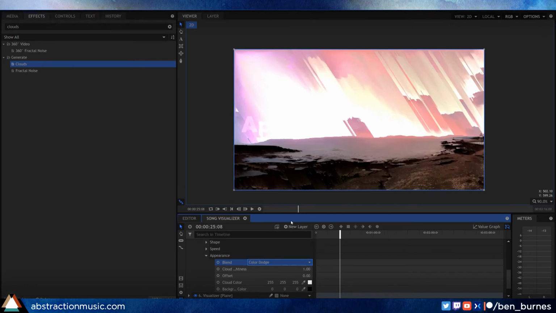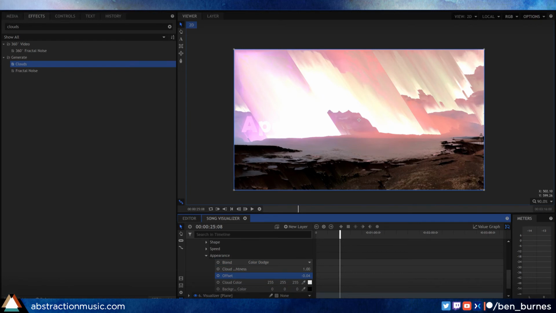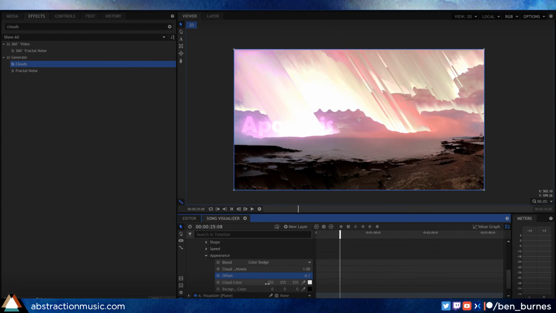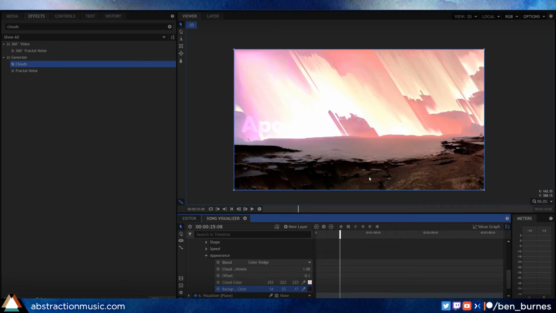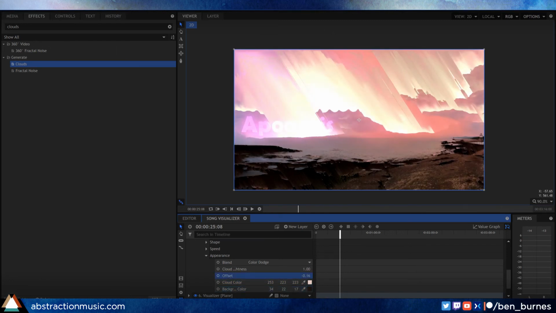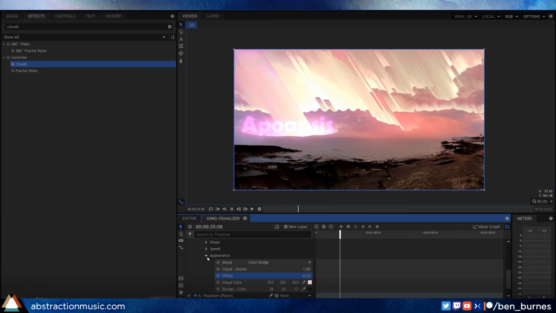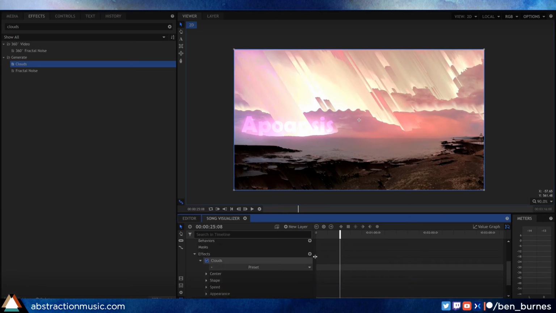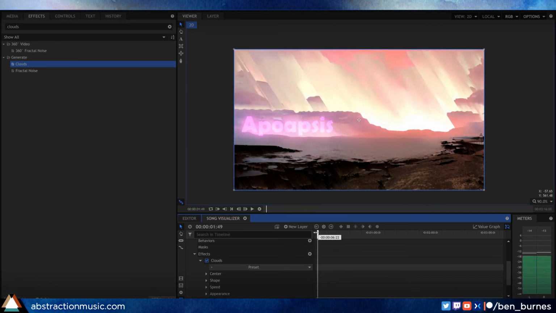The next thing we're going to do is grab the color dodge here, so we'll get our colors back, but now they're super blown out, and we definitely don't want that. So I think what we can do is darken it a little bit here, like that, and we can tune these colors to taste. I think grabbing just some slightly bright colors and making these darks a lot less dark, making this like a brown color, and just messing with the offset, trying to find something that works. And I think that is pretty much it in general. So now if we play this,